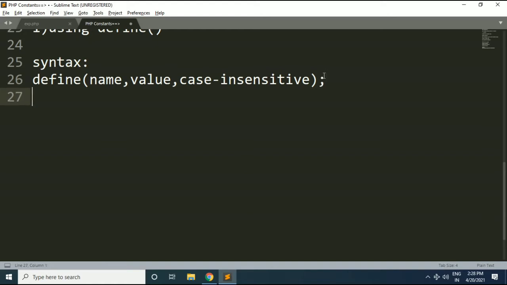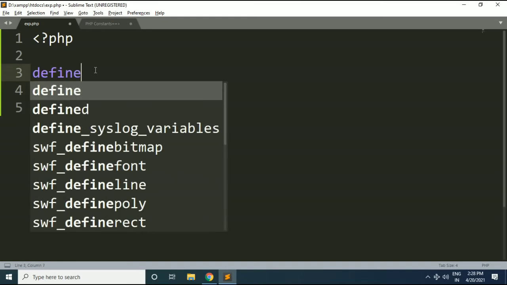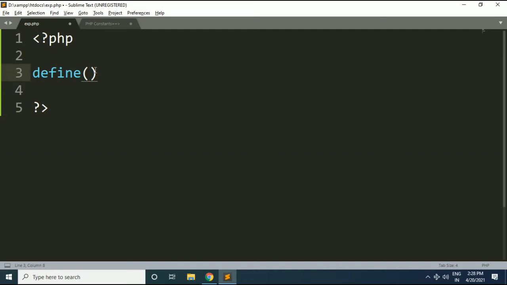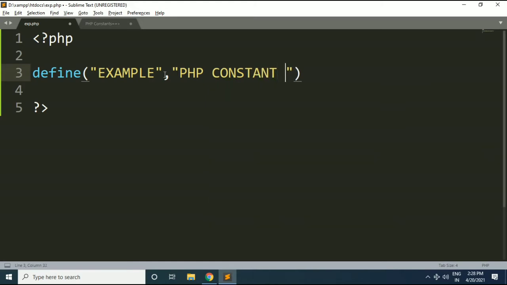Now let's understand an example of how we can create a constant using the define function. Here I will create one constant using the define function. Name of constant is EXAMPLE. As you can see, we are writing our constant name in capital letters. Now we will specify the value of the constant: PHP constant example.